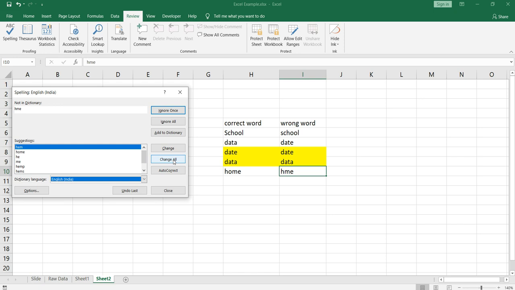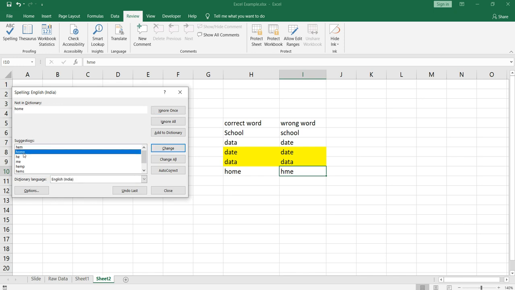Now the third incorrect word that comes in our sheet is HME, and you can see HME comes as home. Just to show you this example, I kept 3 wrong words to show you these options. Basically there are 6 options, but you can see that ignore all is there if you want to ignore everything, and ignore once if you want to ignore just once.